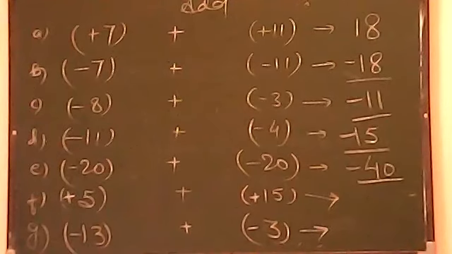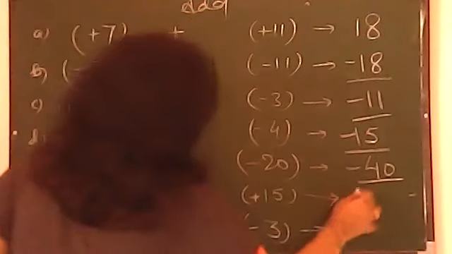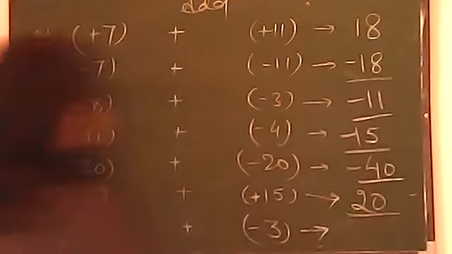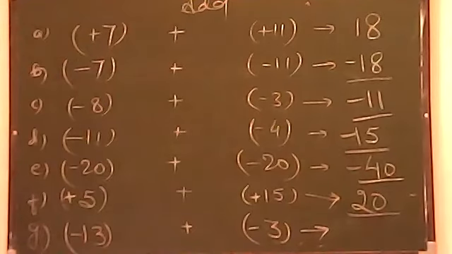Now move on to the F1. F1 is you had 5 positives. I gave you 15 more positive. ठीक है, पहले से आपके पास 15 पॉजिटिव थे, आपको मैंने और 5 दे दिए. So now you have total 20 positive. So plus 20 or you write only 20. Both are fine.